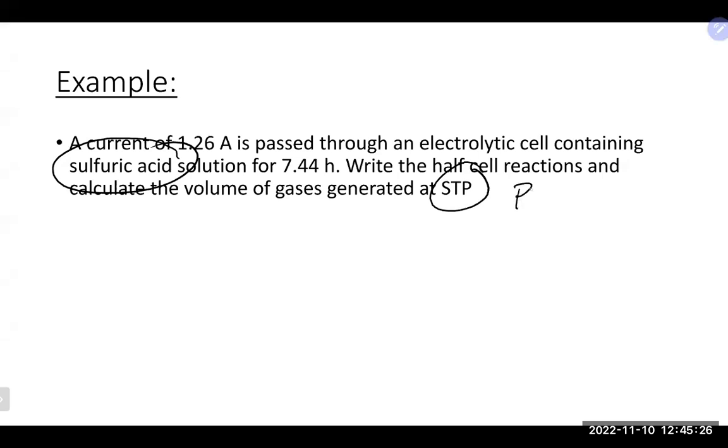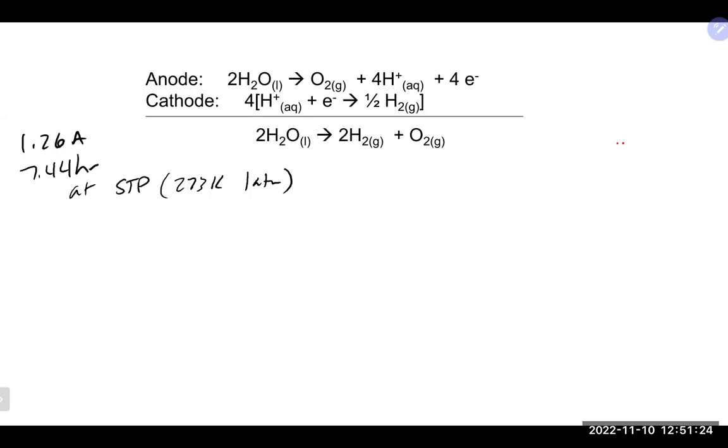Pressure is 1 atmosphere. Temperature is 273, right? So that's what STP stands for. Okay, so since we're getting to the end, why don't you finish up that and we will